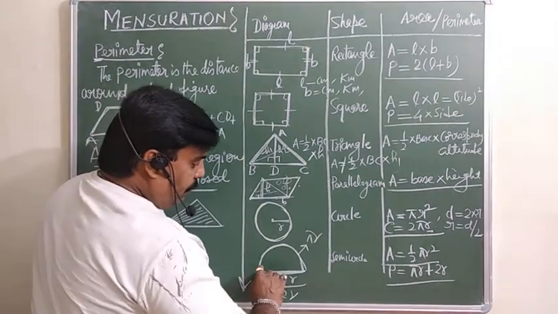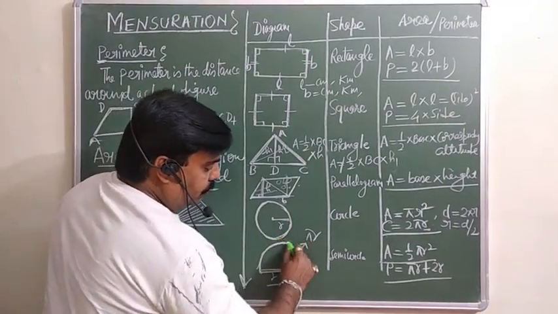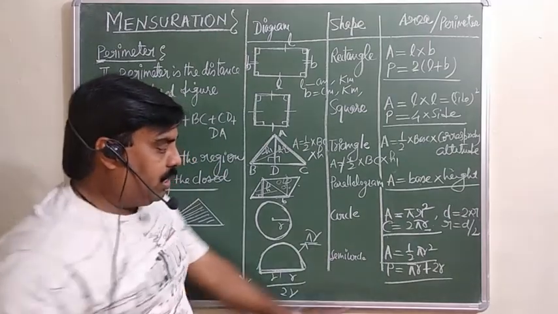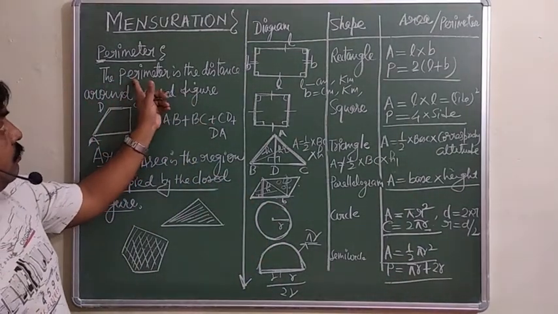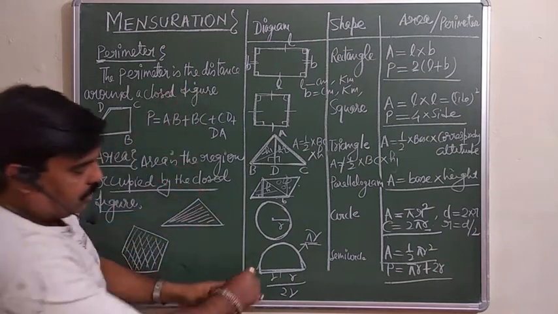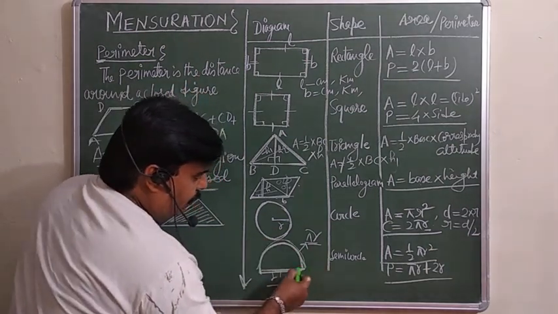अगर मैं केवल circumference की बात करेंगे तो this one portion will come, only the pi r will be there. So in case you are saying the perimeter means, remember, around a closed figure. Perimeter is the distance around a closed figure. तो पूरा distance आएगा, this plus this one is there.